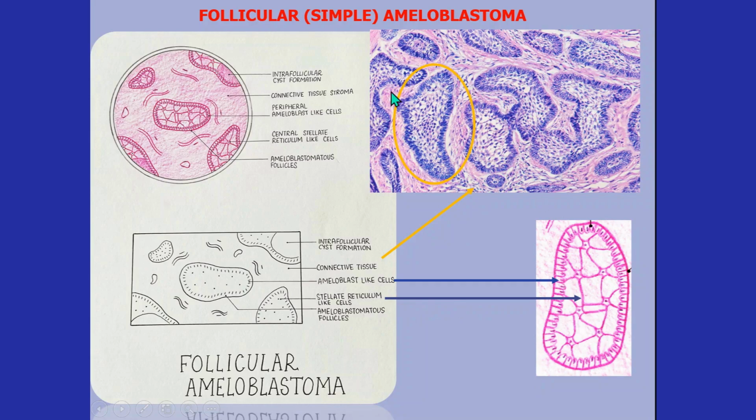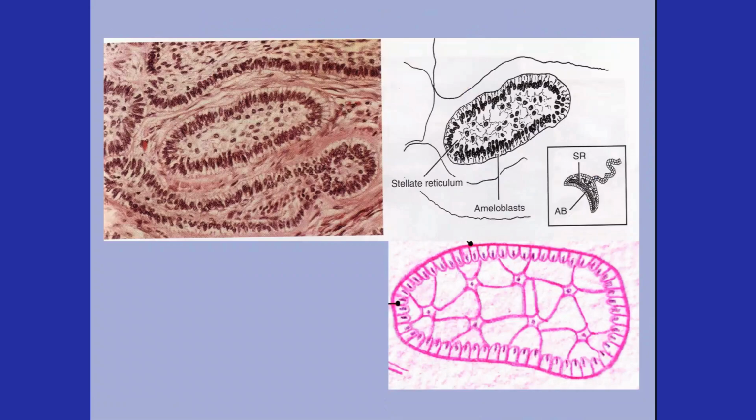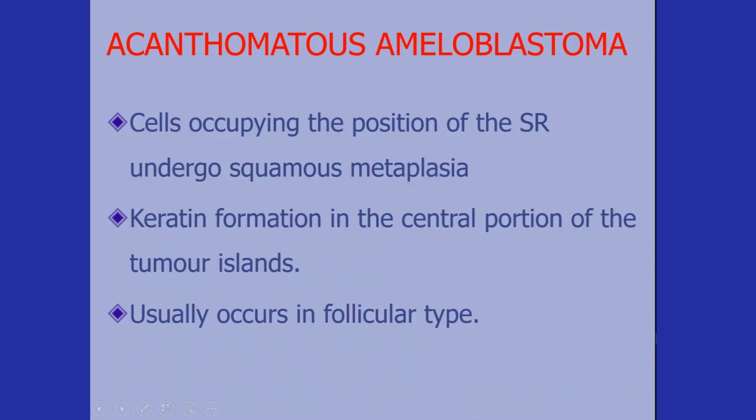So, you can appreciate this one follicle, which is being displayed out here. And I've tried to make you understand both cell types present there. Now, this is another picture, histopath of ameloblastoma. Here, you can see central stellate reticulum. You can see this is development of tooth. Stellate reticulum is found here, and tall columnar ameloblast-like cells can be appreciated here. And these are ameloblasts in the development of tooth.